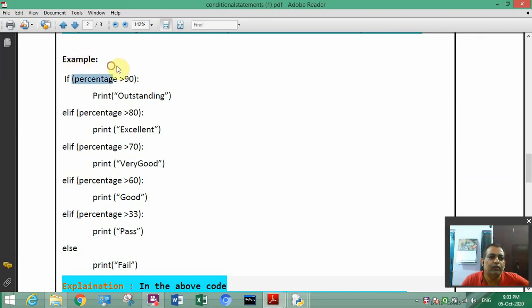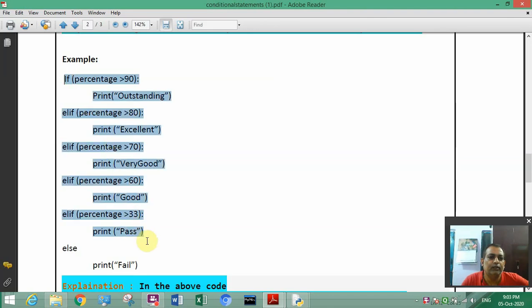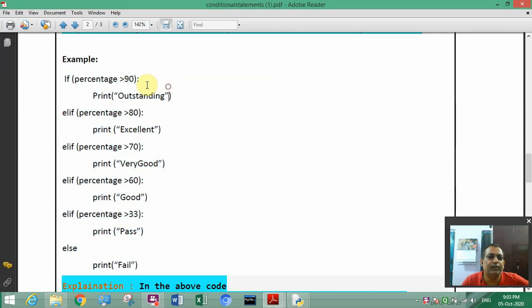If you input a percentage and if the percentage is greater than 90, then it will give outstanding remarks. If it is not 90 but greater than 80, between 90 and 80, then it will give excellent remarks. If it is not greater than 80 but above 70 and below 80, then it will give very good remarks.